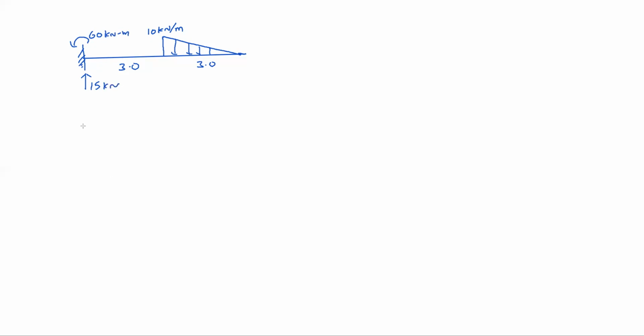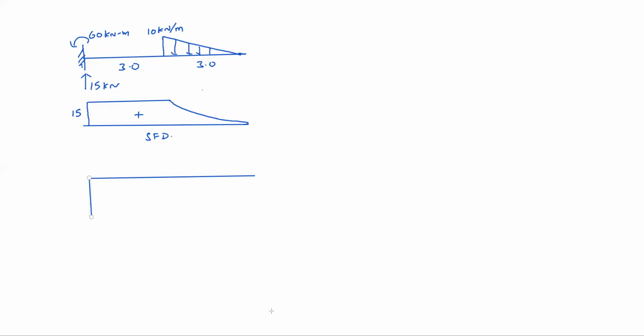We'll draw shear force diagram and bending moment diagram. Here to here horizontal, then here maximum to 0. So this is the shear force diagram, SFD. How to draw bending moment diagram? At salient points you can work out. So already 60 is there here. So left anti-clockwise, that is negative 60. That means minus 60 here, negative side.